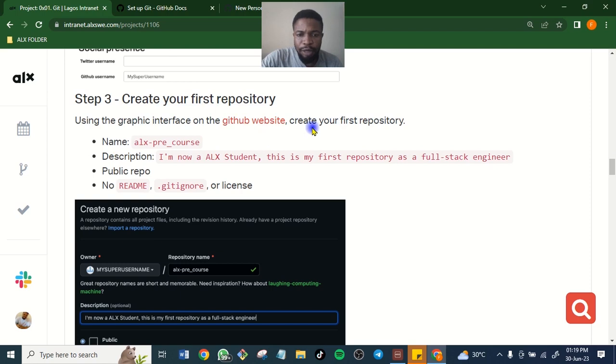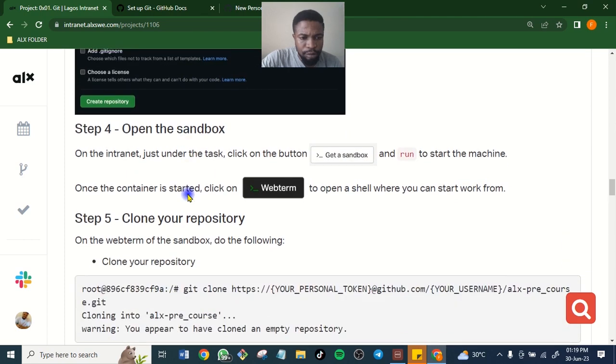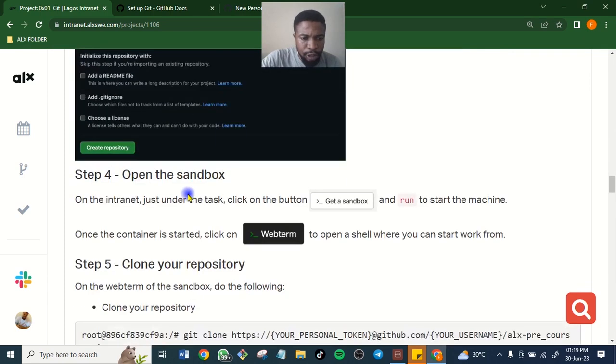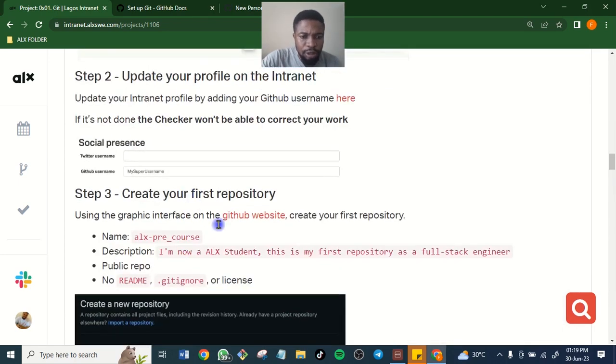Okay, now I think the instruction is here.